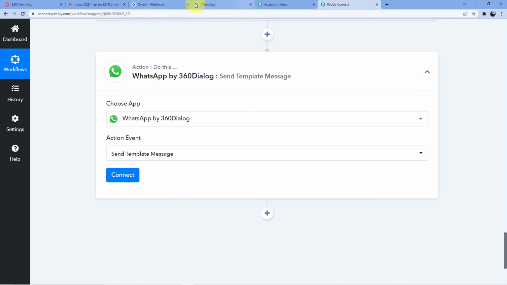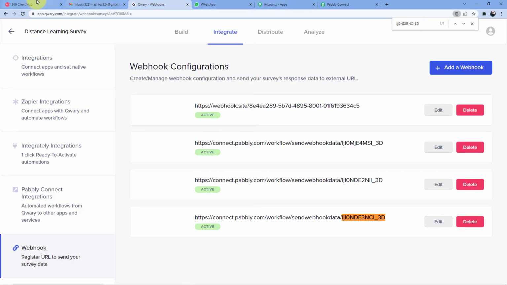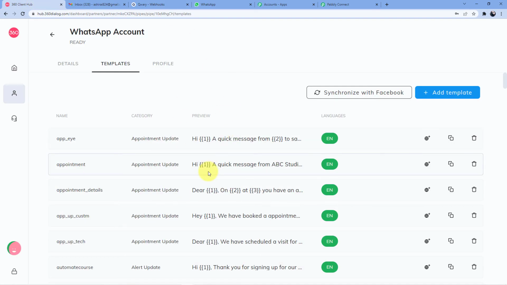Now what are these templates? So these are the templates which have first been approved by Facebook, and these templates will let us send messages to WhatsApp. Now, if you want to send a message to WhatsApp, first you have to create your own template,